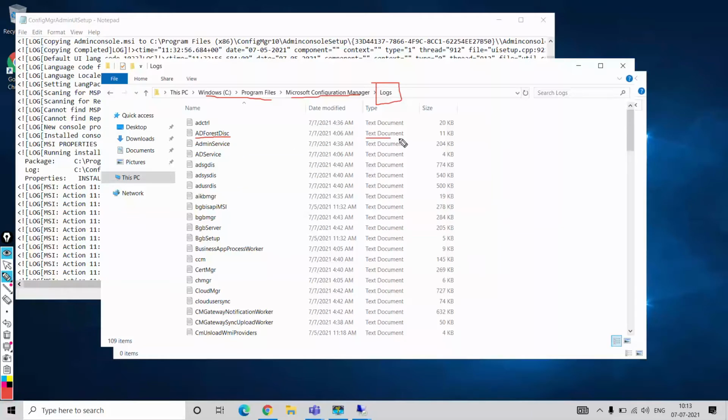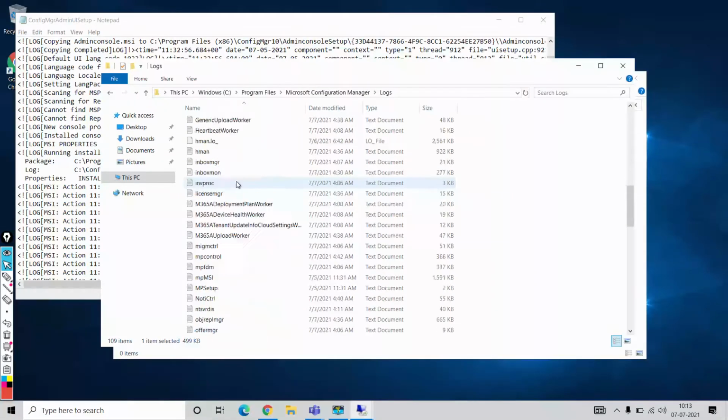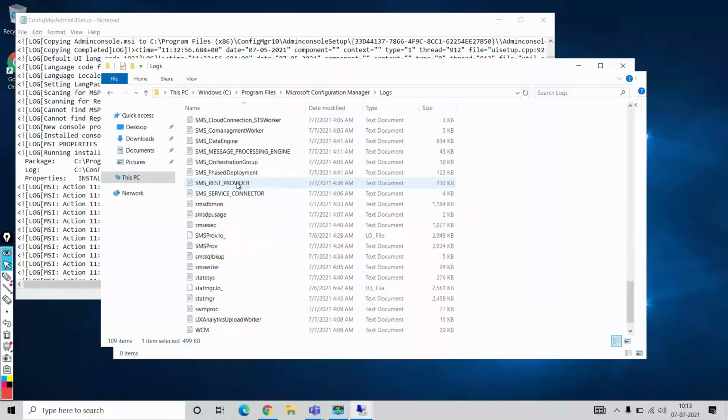It is showing as a text document. I'll come to how you can open it. So we have AD service, AD user discovery, system discovery, security group discovery, etc. All these logs are important. So you can see there are more logs. We just need to scroll down and see how many logs we have. 109 items are there. All these are log files.